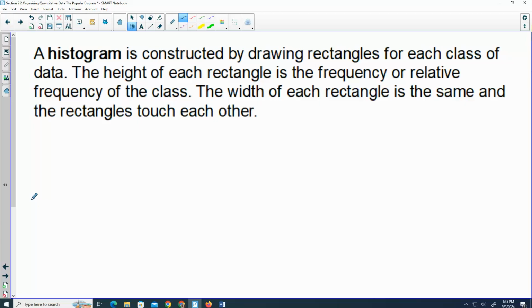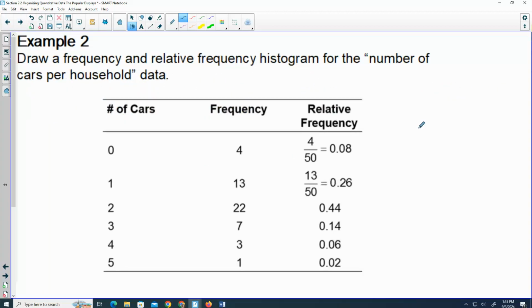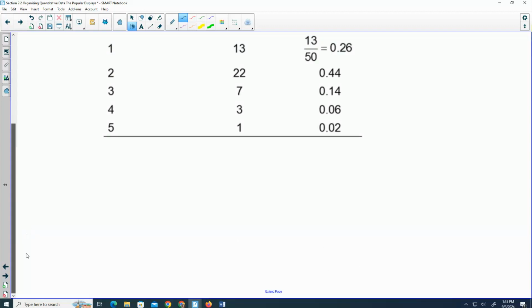And then a lot of times if you have continuous data, instead of just saying it's 1, 2, 3, we might have classes. So we'll make one bar for everything between 0 and 5, and another for everything from 6 to 10. So if I were going to make a histogram of this, so going back, this is example 2. So this is what we just made, right? If I were going to create the histogram here,